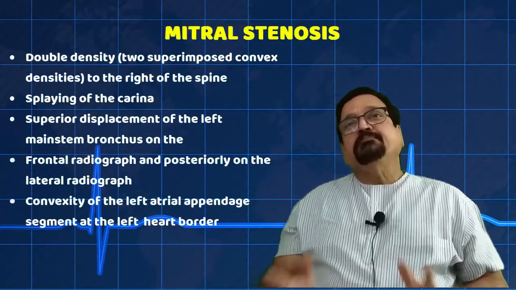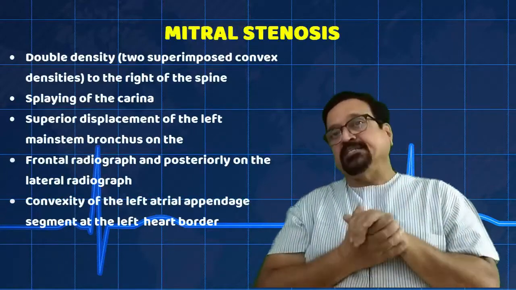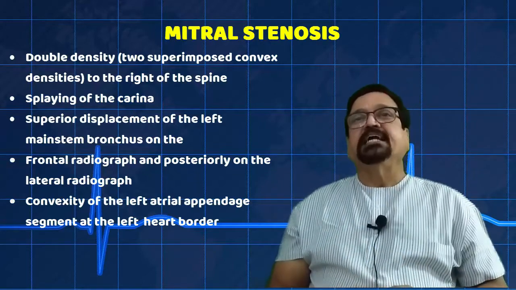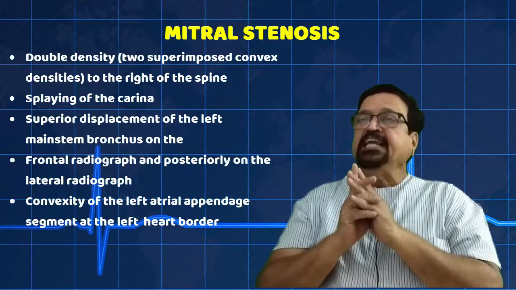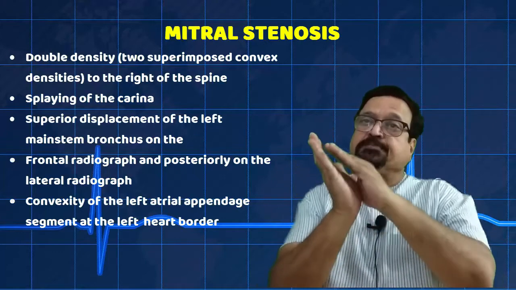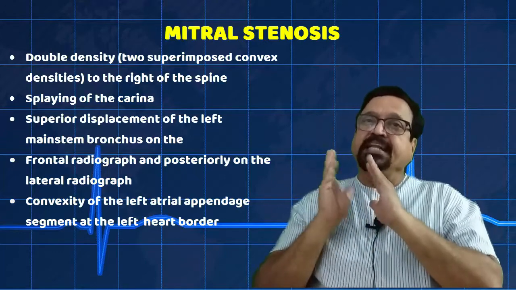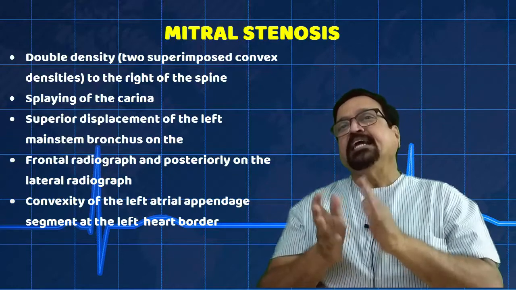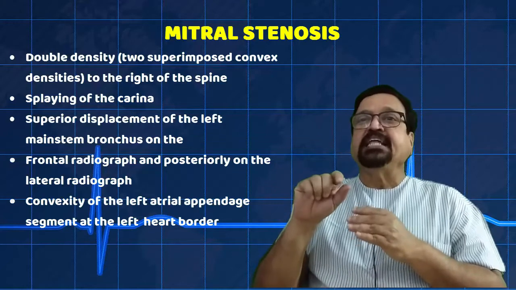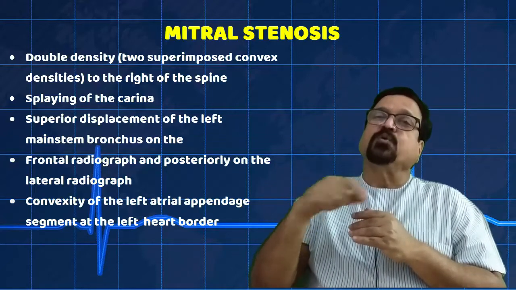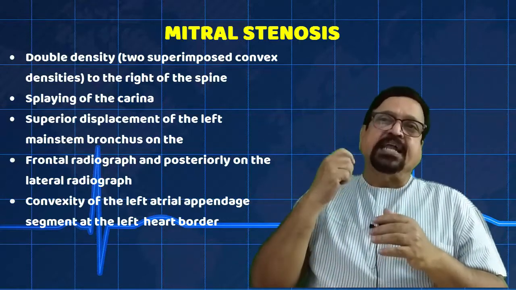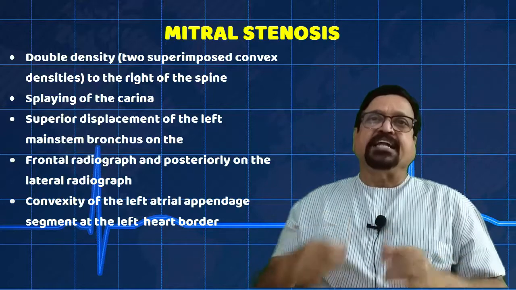Now, we come to particular diseases and their appearances. Now, mitral stenosis. Basic pathology, what happens in mitral stenosis is the pressure in left atrium increases. Left atrium occupies the posterior aspect of the heart. So the only way to identify a left atrial enlargement is to find a double density in initial stage, or the distance between the carina and the left atrium is more than 7 centimeters. These are the two signs in which you can know that there is left atrial enlargement.